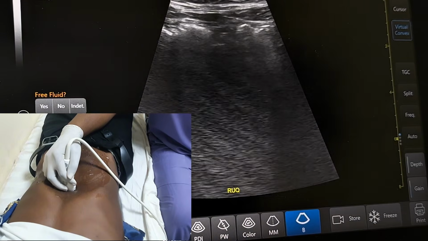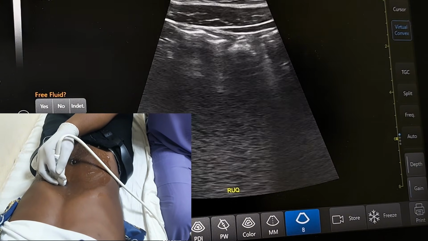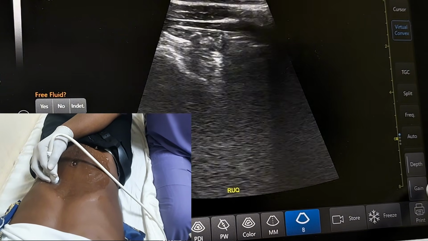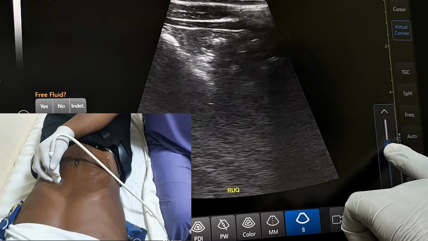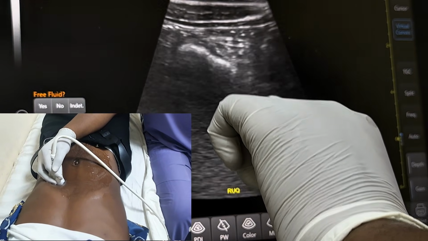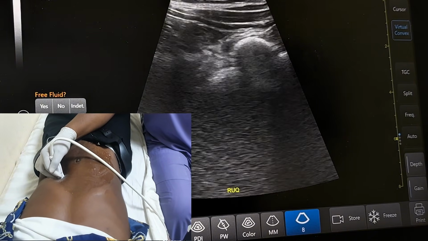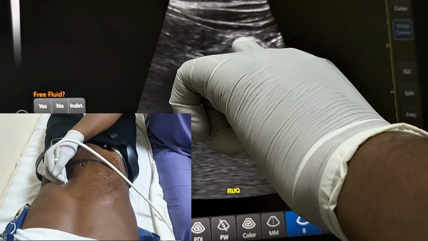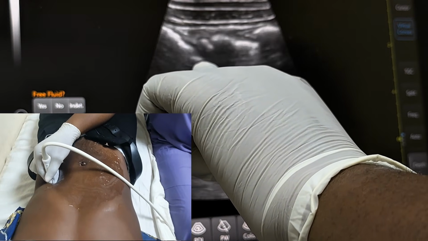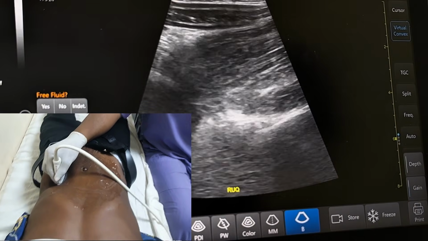This is it. I'm still going through it. Down to this point here. You can see it going downwards here. I'm applying a little bit of pressure now, so I don't miss it. This is still it here. So I'm turning it downwards now, going down the descending colon,